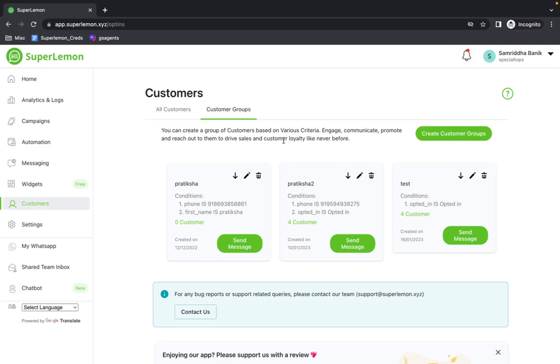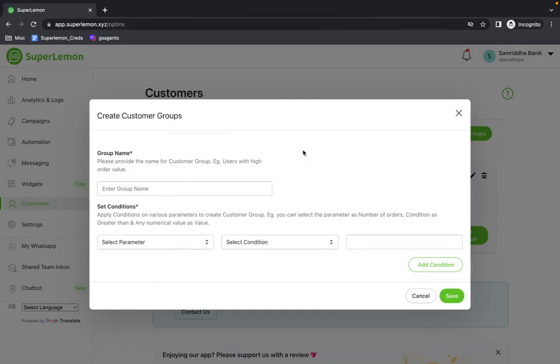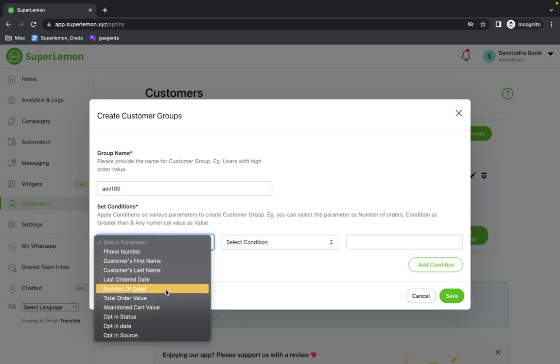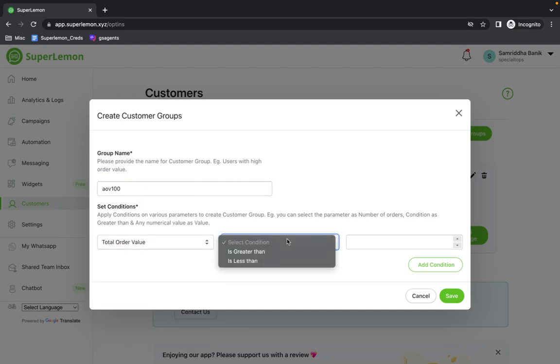So then within a user group, you can assign specific discounts or any special offers. For that, you can create customer groups by clicking this button. Give a name such as all the users whose average order value is over $100. So we'll just name it as AOV 100, and we'll select the conditions over here such as total order value